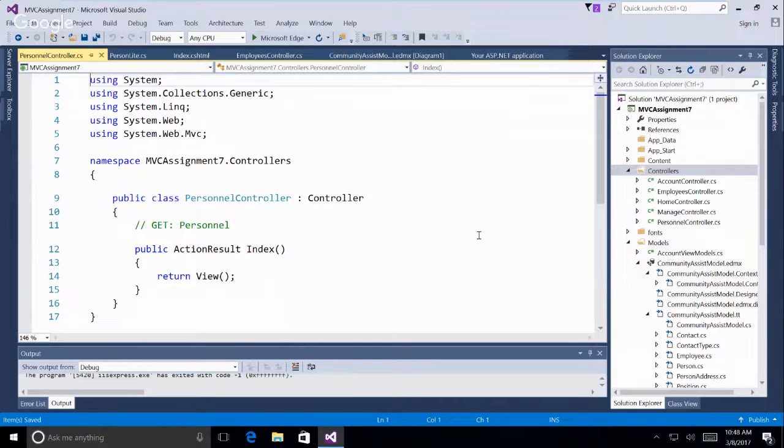All right, so there's a couple of things here. Notice that we have just action result index. It's kind of like our service. It's just a template, an empty template. What I'm going to do, and this could be confusing to you, is go back to